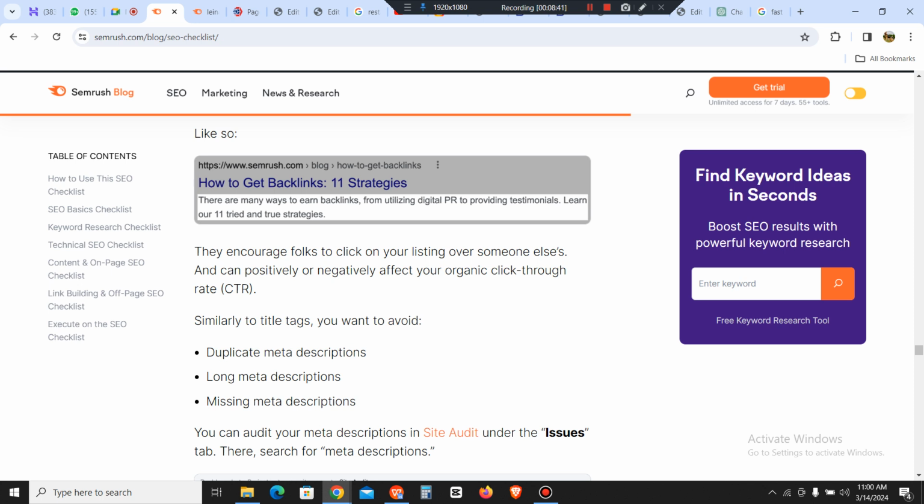You don't want to bore people with so much text. Just give them a quick overview of what that page is trying to talk about, and that is fine. You don't want it to be too short either, because if you do that, it's going to affect